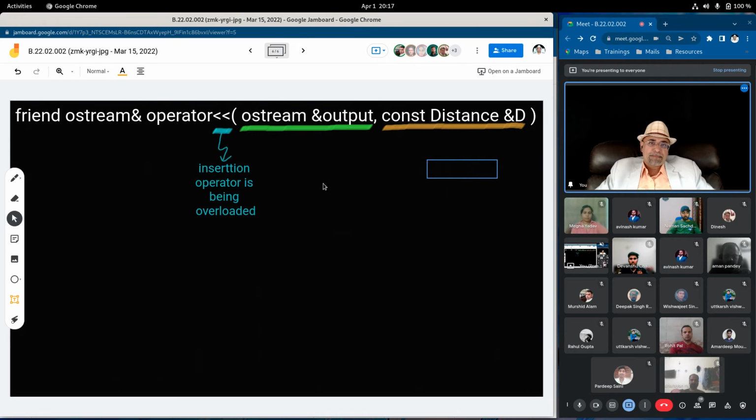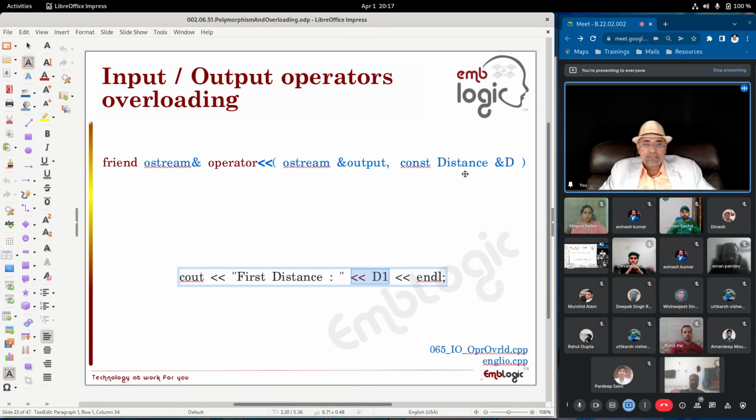Second argument. If you look at the insertion operator, as usual the operator overloading function will belong to the object on the left, cout, and the object on the right will be used as argument.